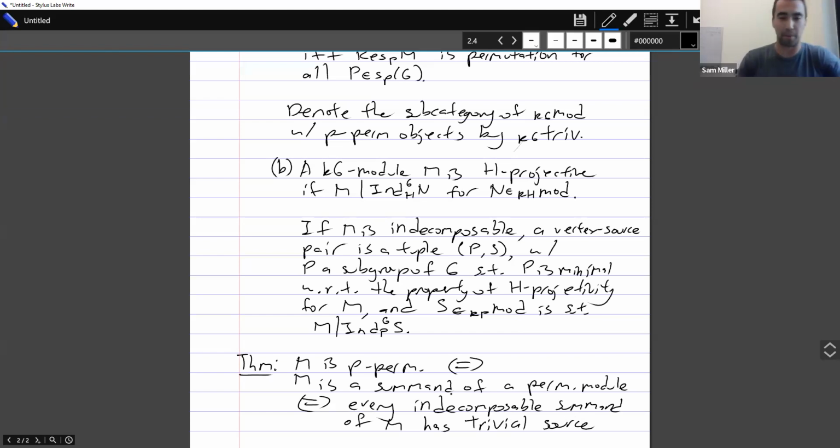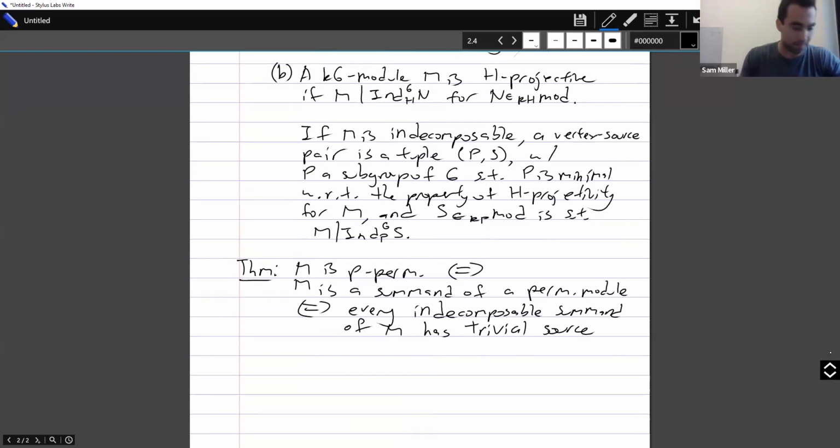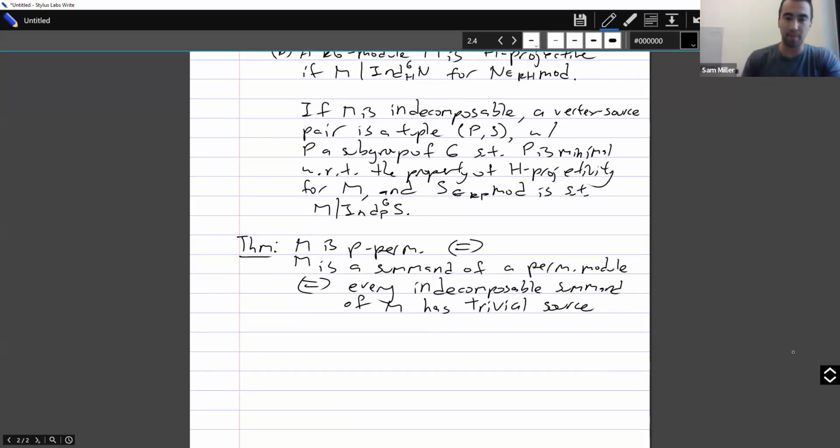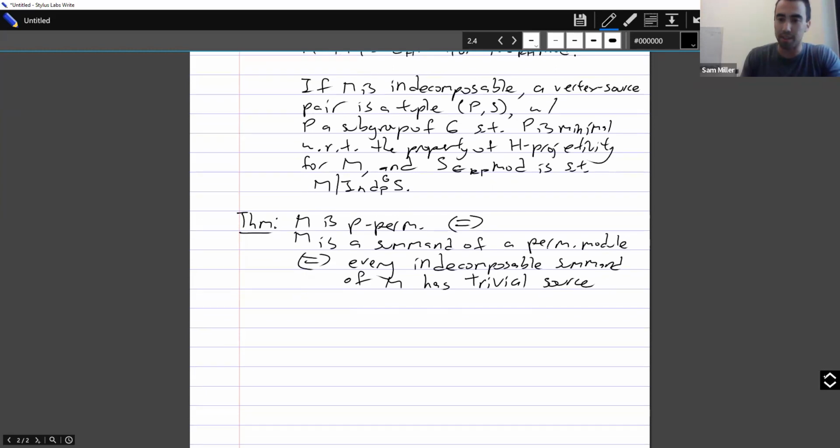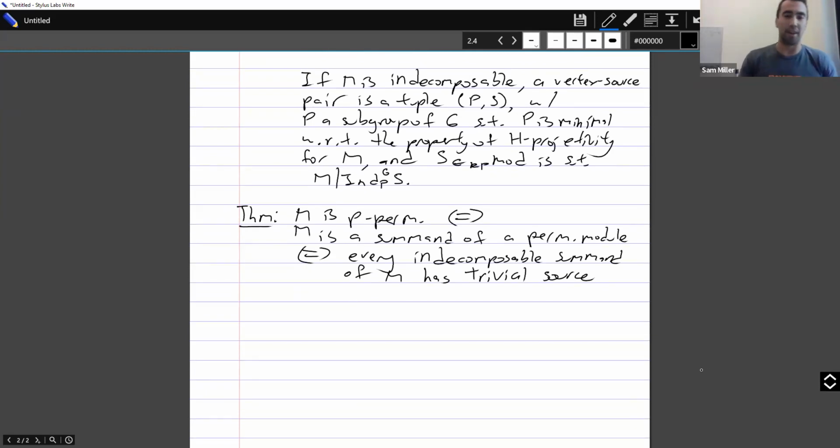This kind of just follows from the second condition, because all transitive permutation modules are of the form induction from H to G of K, for some H. And so these are a slight generalization of permutation modules that we're interested in studying, and these do show up quite frequently